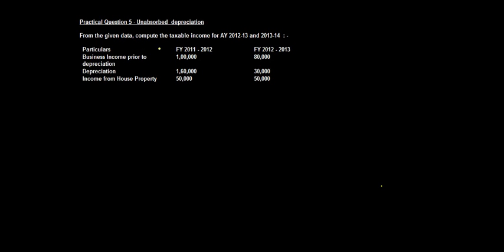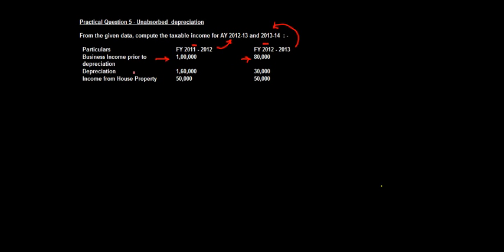From the given data, compute the taxable income for assessment year 12-13 and 13-14. You're given some numbers about financial year 11-12 and 12-13. Now obviously, because this is financial year 11-12 and 12-13, this means it is assessment year 12-13 and 13-14. Right? So you're given the business income prior to depreciation,